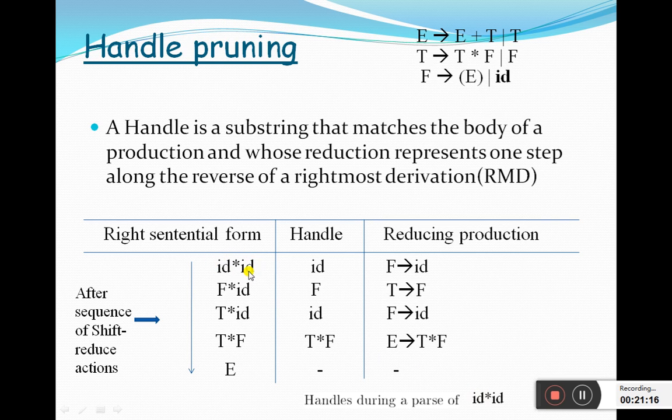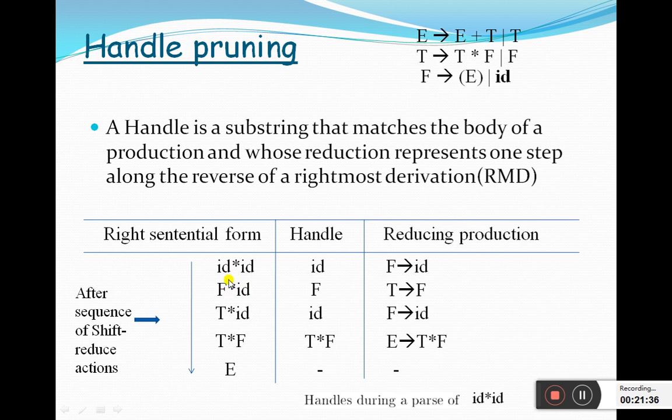So what is the handle in this? id. So id is a handle, and by using the production F → id in the grammar, we reduce id to F. So we get F * id.